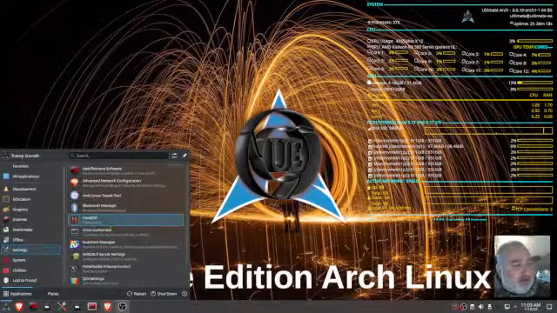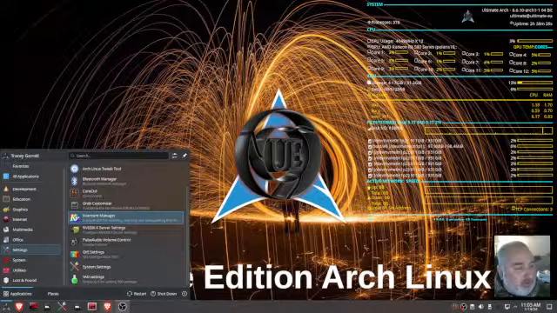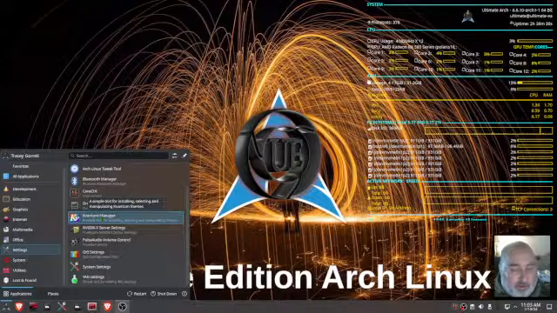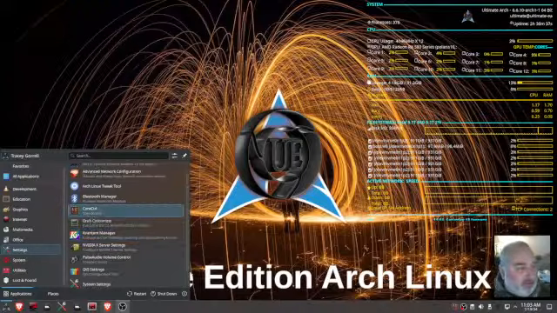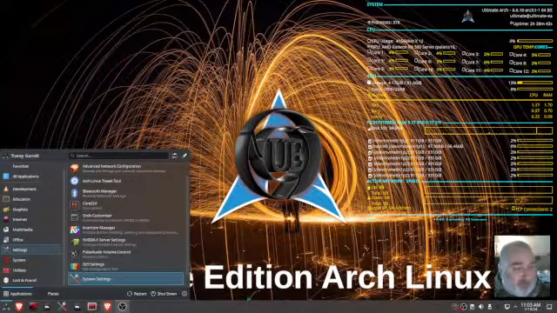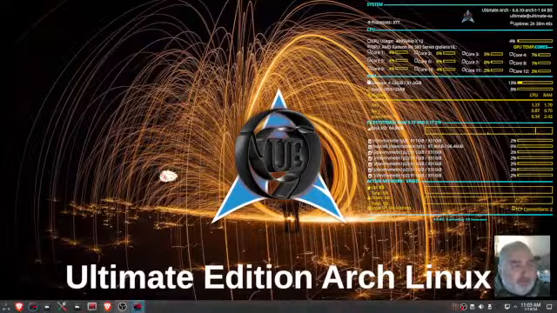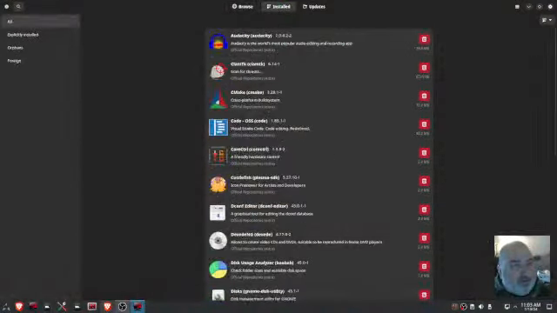A lot of people may call some of this bloat, but they don't know what packages you're going to use. They have no idea. If you're a content creator, they absolutely have no idea what you're going to use for your coding and stuff. So they've added some things, and if you don't like them, just uninstall them. Instead of saying, oh, it's bloat, just go to your little thing here. Go to install.